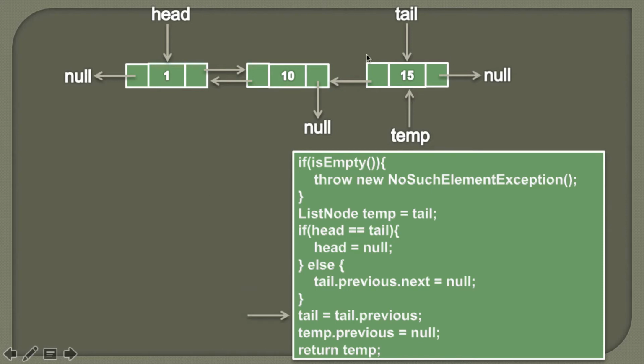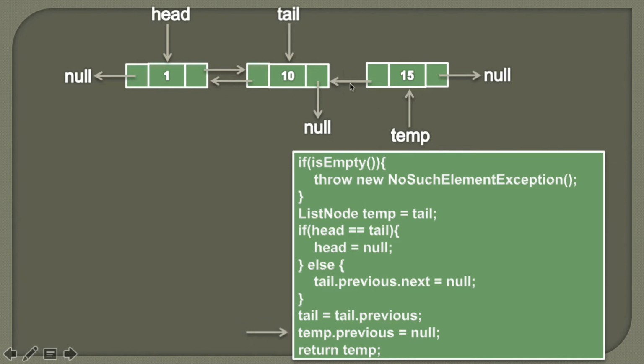Once we remove the last node of the doubly linked list, we see tail still points to that node. After its removal, tail should point to the second last node, because that node upon removal becomes the last node of the doubly linked list. Therefore we need to traverse tail to the second last node, so we'll simply assign the tail.previous value to tail. It would look something like this. Moving ahead.